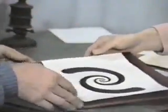Meditate on that one later. So that's pretty much it. I wanted to show one last thing, one other system we came up with